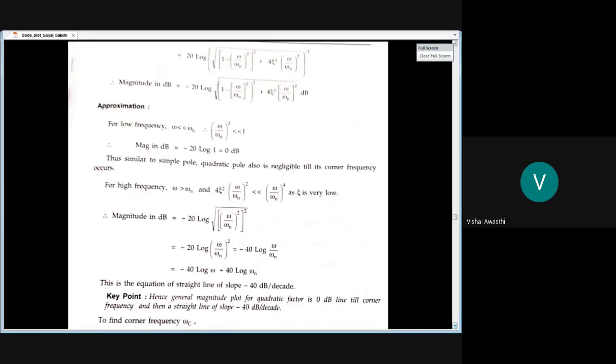Again, you can compare this equation with the straight line equation, y is equal to mx plus c. Again, we are not talking about the intercept on the y-axis. When we draw the line, it will automatically intercept the y-axis at 40 log omega n, whereas your m is minus 40 dB